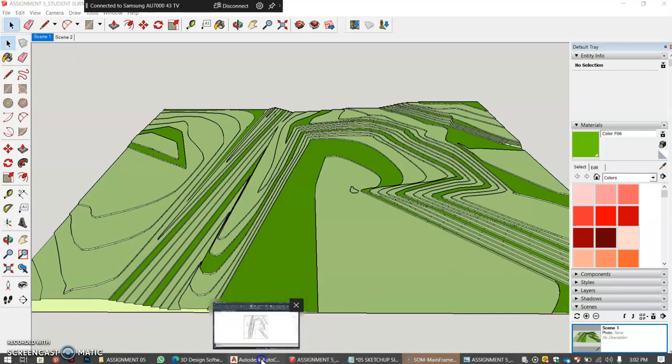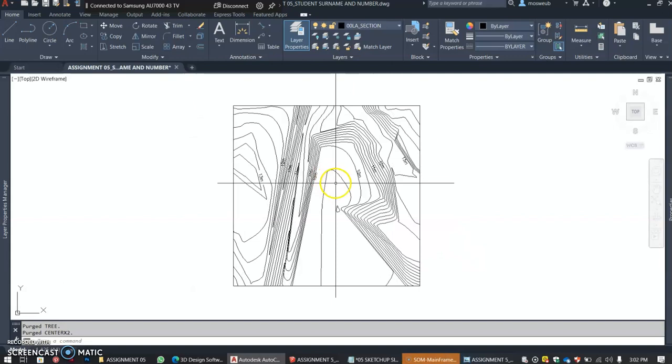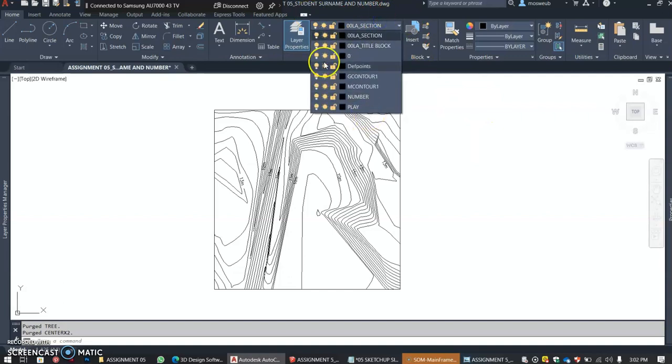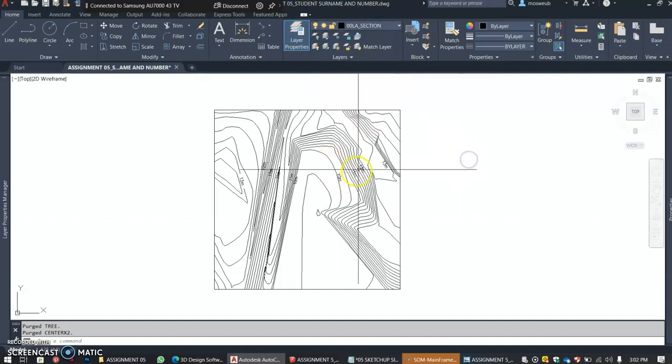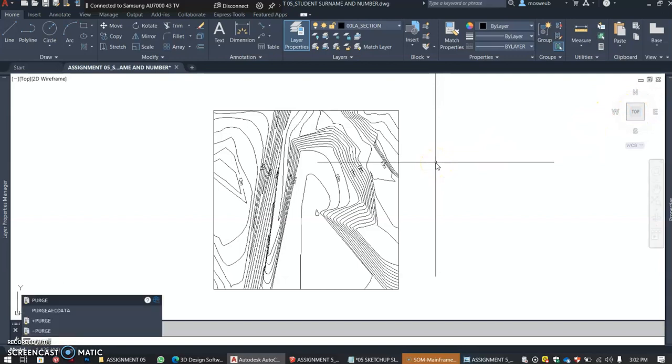The first thing we want to do is just to go over to your AutoCAD file and just clean up your drawing. So any information that's still on your drawing, your trees, your roads, everything other than your contour lines, you can just delete and then just go to your layers panel and check that all your layers are switched on and delete everything other than your contour lines. And then next you want to just purge. So just type in purge